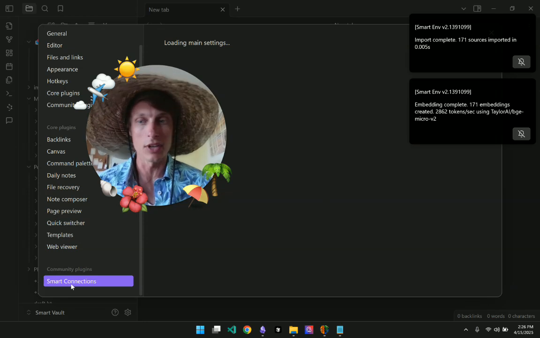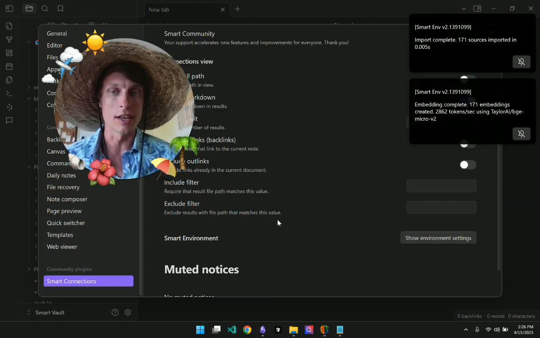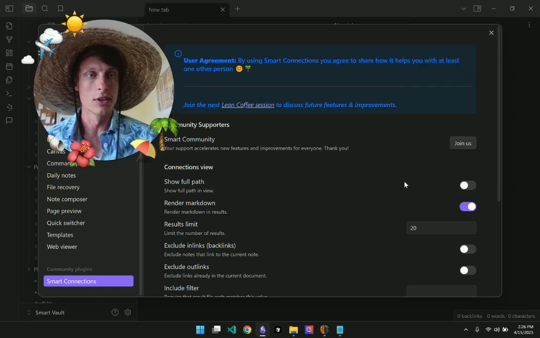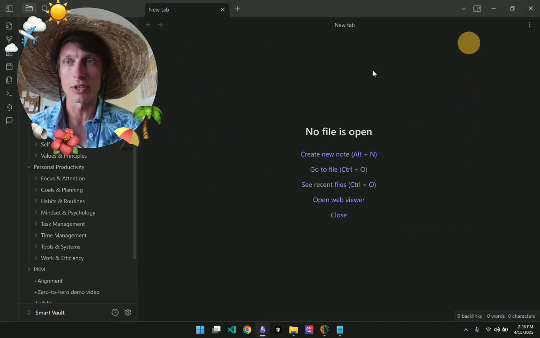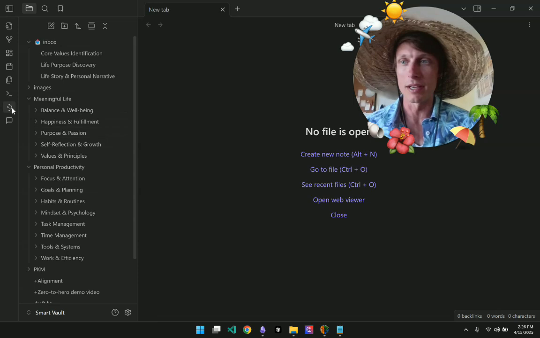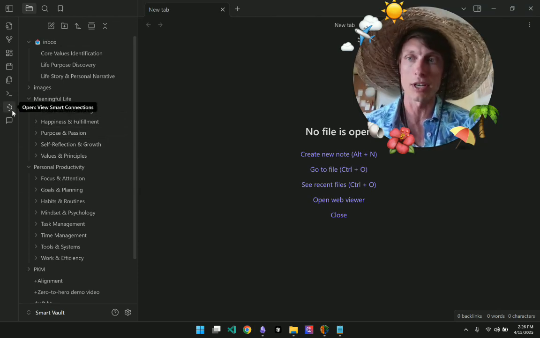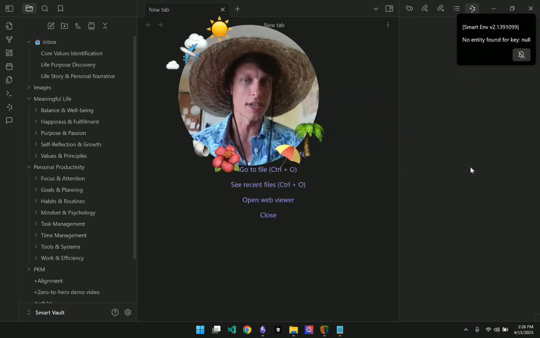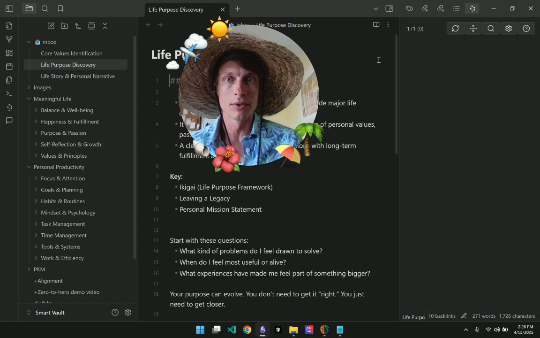So it looks like our embeddings finished. So when we click the settings again, we see our settings, and if we clear these notifications, we can see that there are some settings for configuring the connections view, but we can just go and see what the connections view looks like without doing anything. There's this little open smart view or open smart connections button on the left, and that opens this tab on the right. And if we go and open a note,